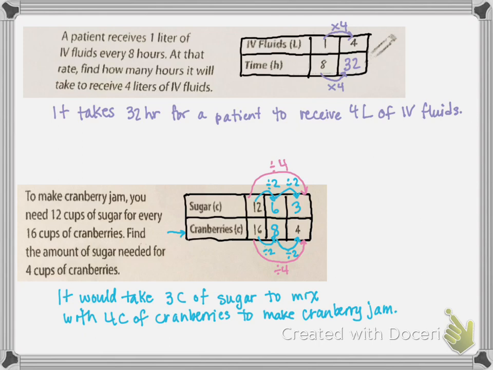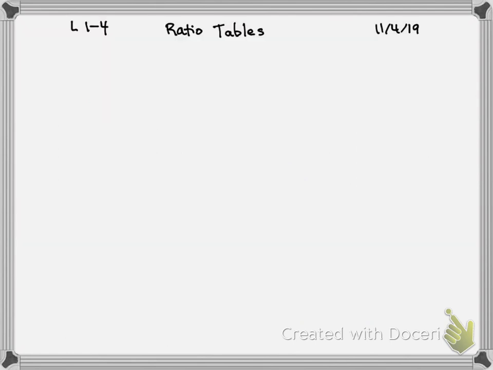All right, so on the next page we're going to talk about what we actually call it when we're multiplying to get it bigger, dividing to get it smaller. So that's going to be on the second page of my notes, and that's going to be dealing with this notion of scaling. So remember, if you make a scale, you're either going to take something small and scale it larger, or take something large and scale it smaller. So you've seen that in science classes and in social studies classes. So scaling is simply multiplying or dividing